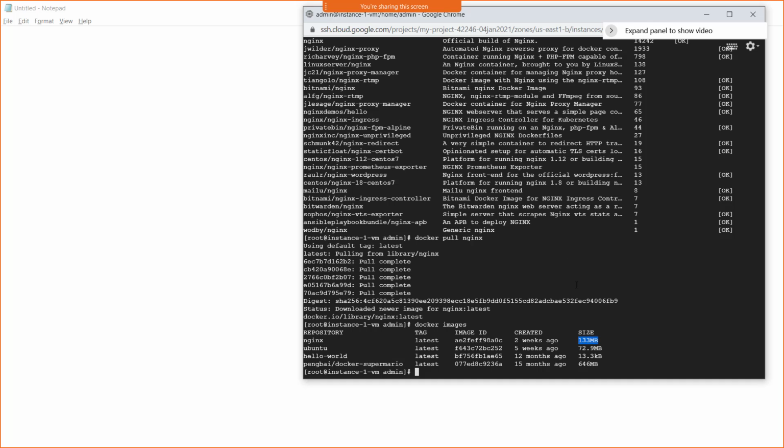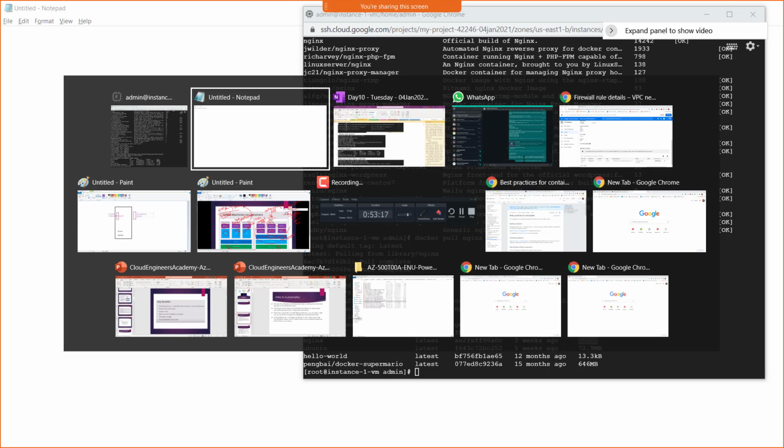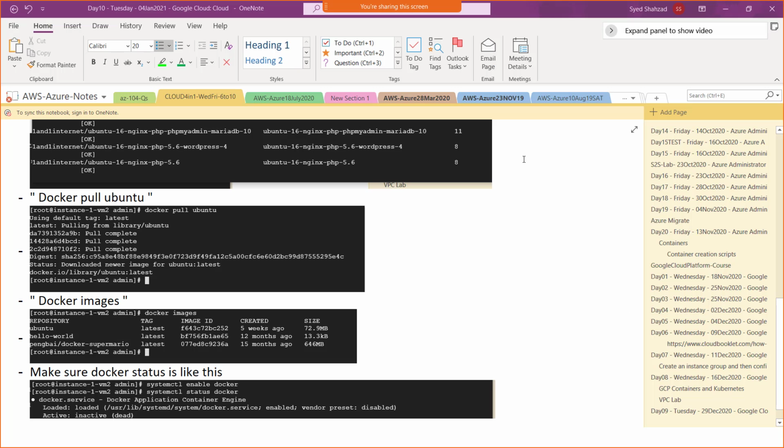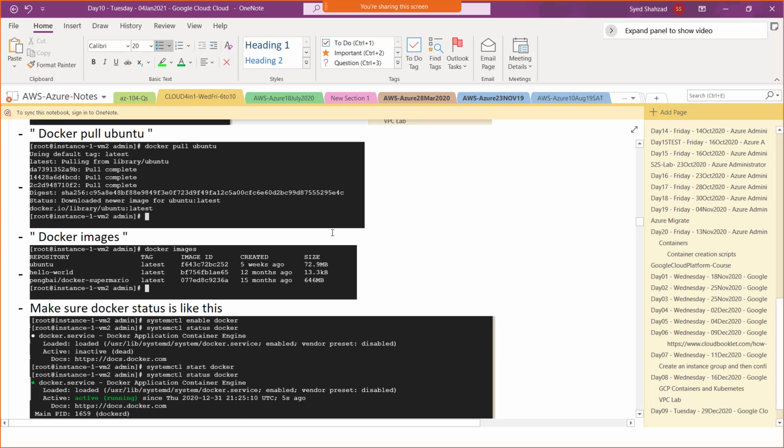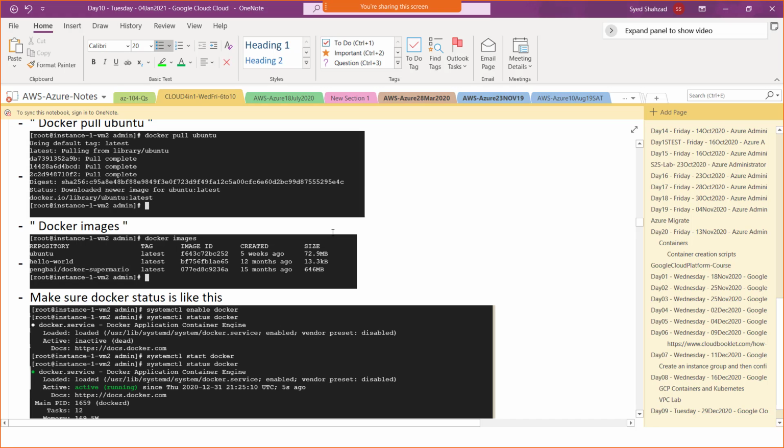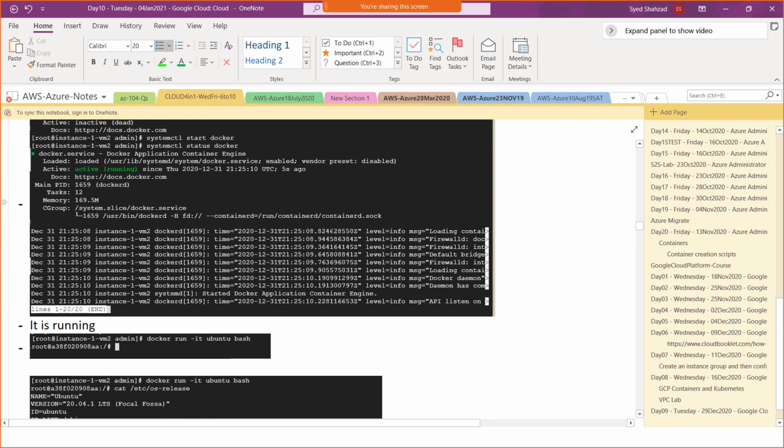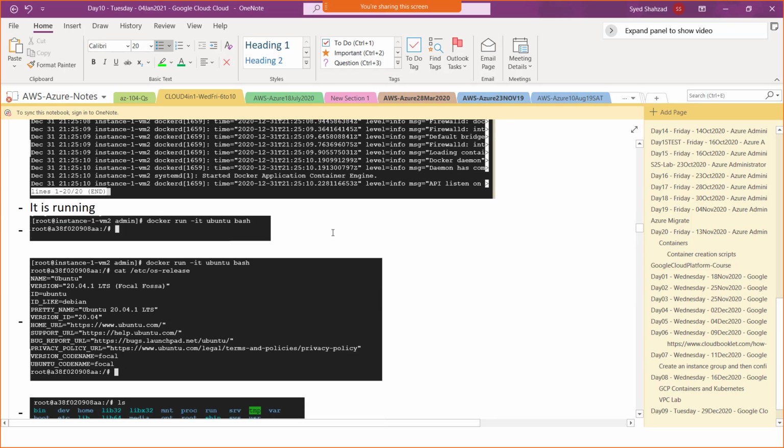Obviously you would go for bigger containers, so they will be bigger in size. So there is a very large amount of containers on docker.com, hub.docker.com. You will see a huge amount of containers there. I just went for those that can be tolerated by us. Yeah, Docker is running, and now, in order to go inside the container,